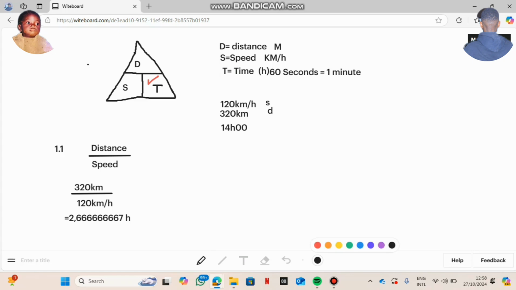Okay, let me find a different color. We are left with that h because kilometer will also cancel kilometer. 120 will divide 120, and then now we are left with h. That's why this hour remains. So guys, we do not round before the final answer. So now we are left with